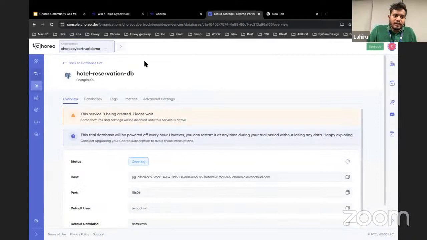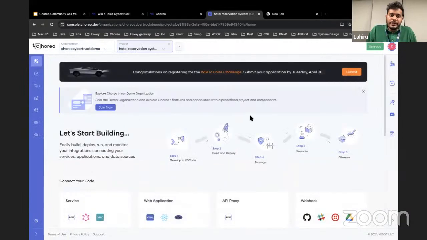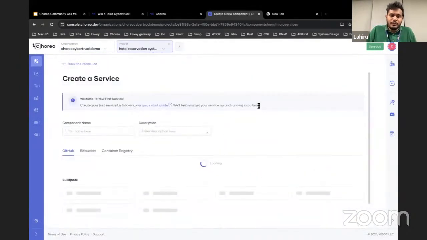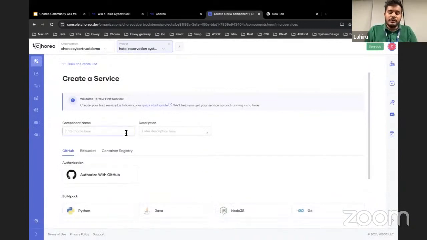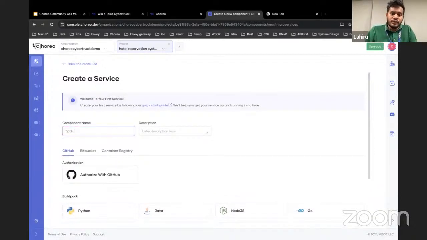To create the backend service, you have to go to the project that we created. Inside the project, I'm going to use the service component type to create the backend API. And in here, you have to provide a name. So I'm going to use hotel reservation API. And for the description, I'm going to use